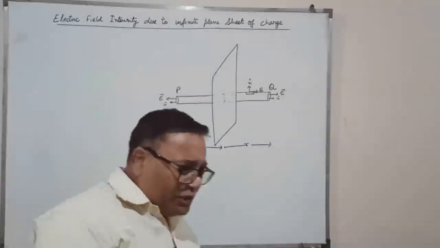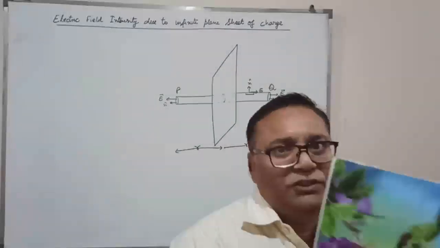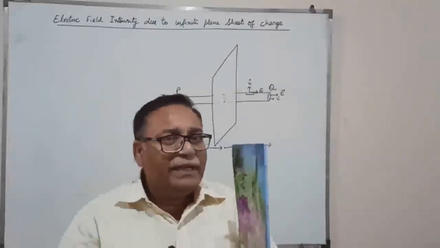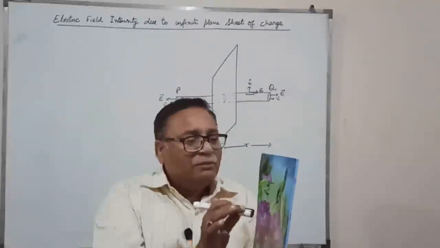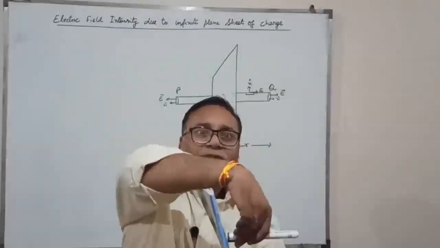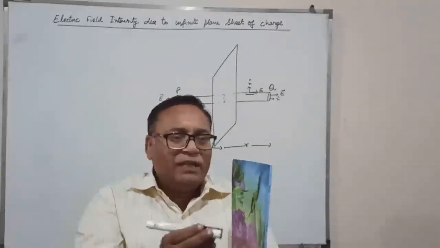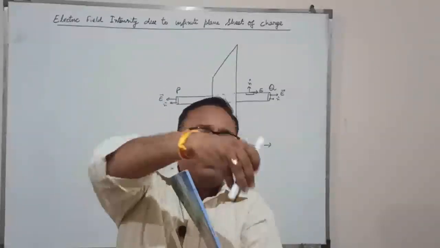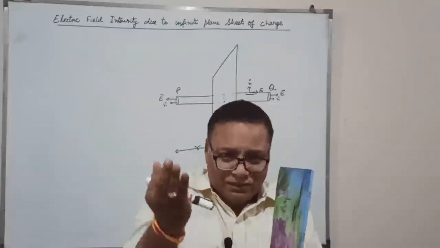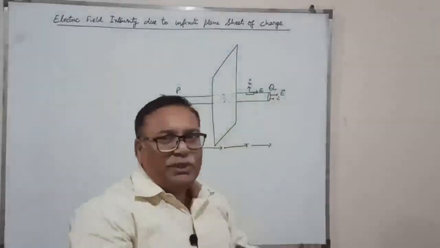Here the question is that this is a plane sheet of charge. Plane sheet means thickness is 0, and we have to calculate the electric field intensity at point P. The point lies on this side or this side, meaning the electric field intensity at a distance r from the sheet, so the point lies here and here. It means we have to consider both points. Clear? This point and this point. In this diagram, this is point P, this is point Q. Clear?